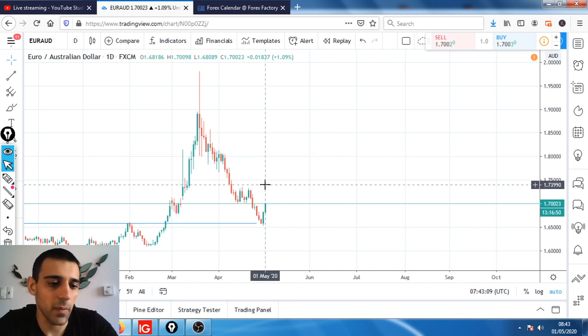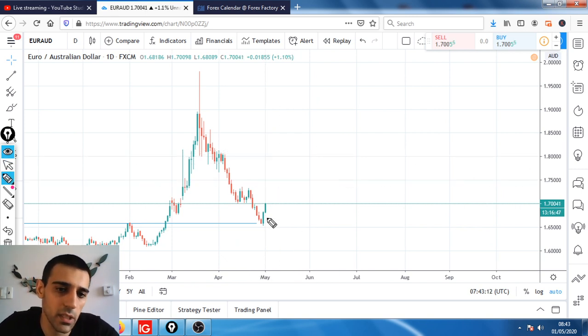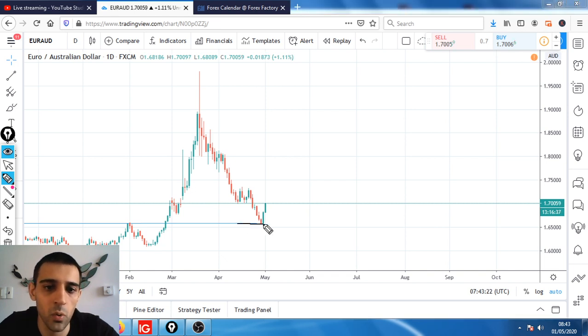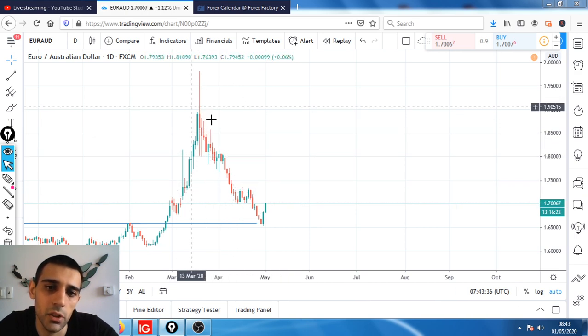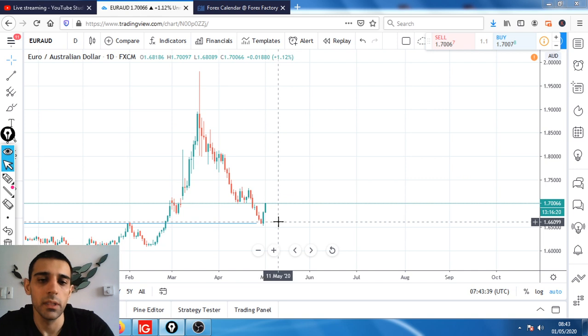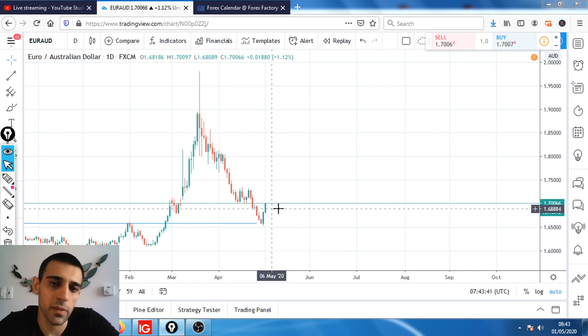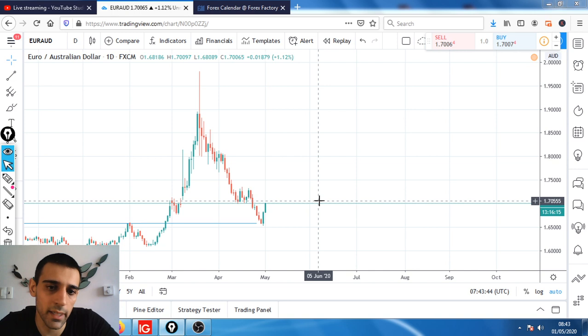On the daily time frame, we discussed that if you follow my trades, I'll be saying the price was coming down to this level here, where we got this horizontal line. When the price came down and tested that support level, that's why it's having this nice reaction. The question is if it's going to come back to it and break it, or if it's going to continue up. So far, the trend is looking down, and it's just having a bigger retracement. So the question is how far it's going to retrace.